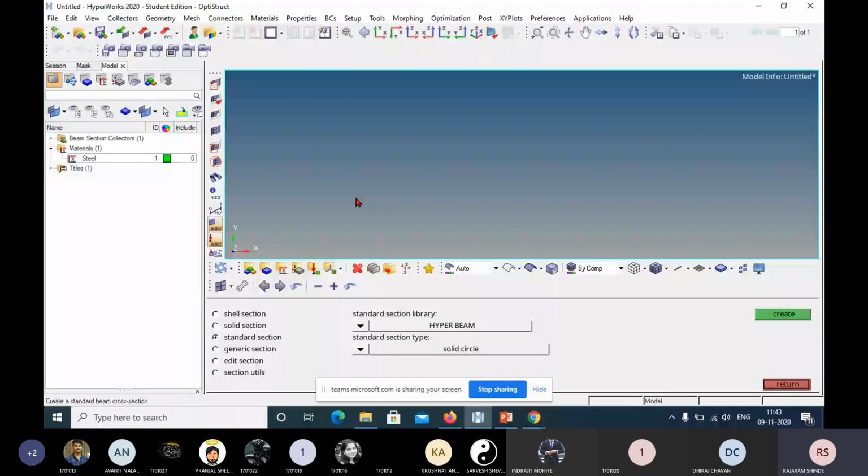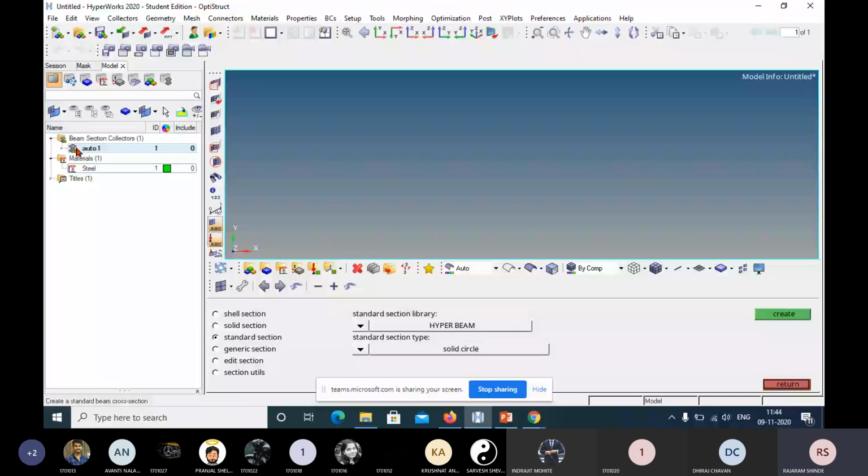Okay, now in this specific entry, you will get this beam section. We have not given any name to this beam section, therefore it has taken the default name auto. It is not required to define the name, and under this auto you will get the circular section.